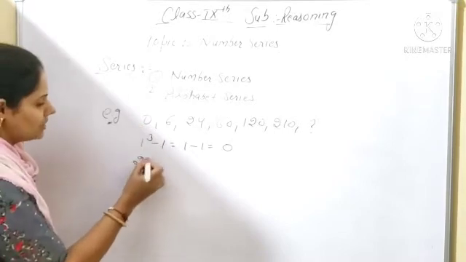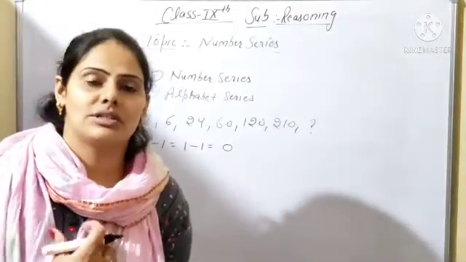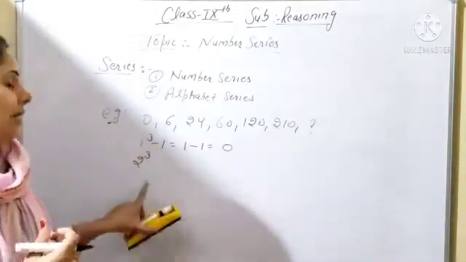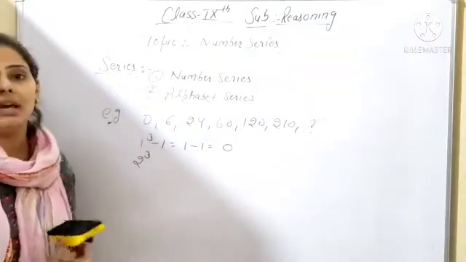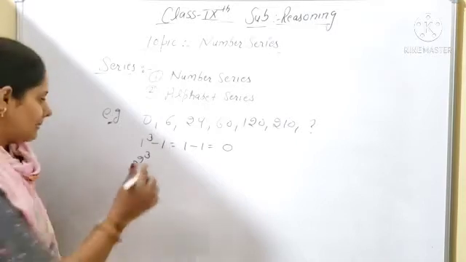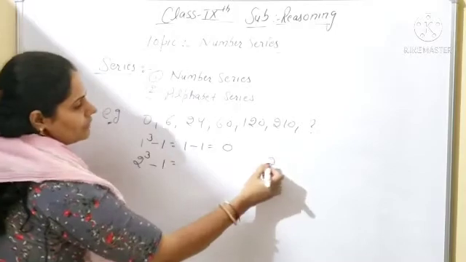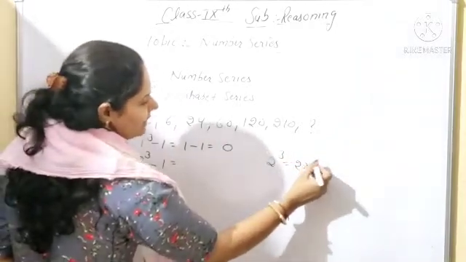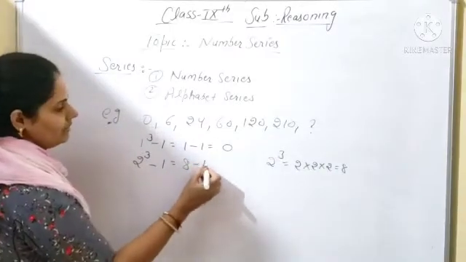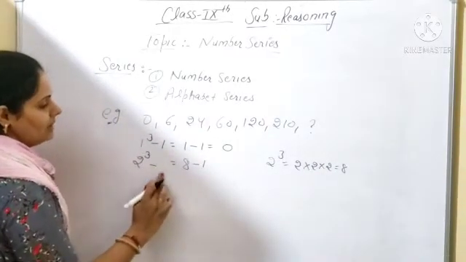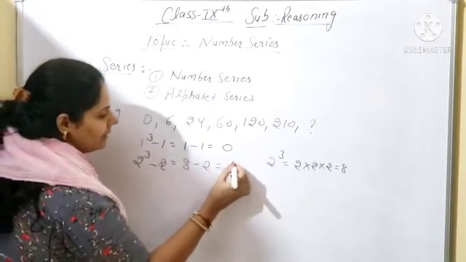2 cube. Okay. So what will you do? 2 cube. So what is 2 cube? 2 raised to power 3, or you can say 2 cube. So it will be 2 multiply 2 multiply 2. When you are writing 2 raised to power 3, it means you are multiplying 2 by how many times? 3 times. And minus 1. Same pattern you will follow. So 2 raised to power 3 means 2 multiply 2 multiply 2, so you will get the number 8. So 8 minus 1, what will you get? 7. So here what you have to subtract at the place of 1? So you can say 2. So 8 minus 2, you will get the number 6.